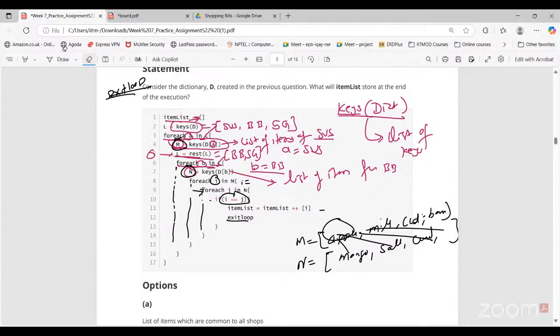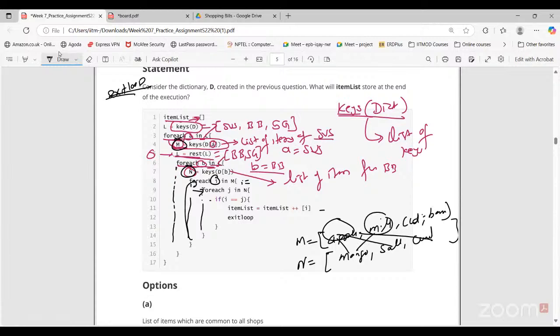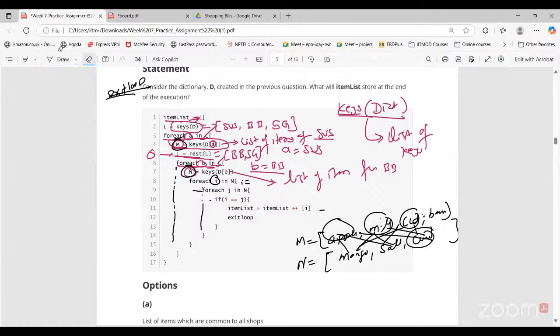Let's say I don't have apple in the N here. So what will happen? Again, I will compare apple with everyone. No. Then I will go for the next item, which is milk. Again, I will compare milk with every other item. No. Then I will go for the next iteration. Again, I will compare curd with every other item. But here I found the curd. So once I get the same item, whichever is the first item there,